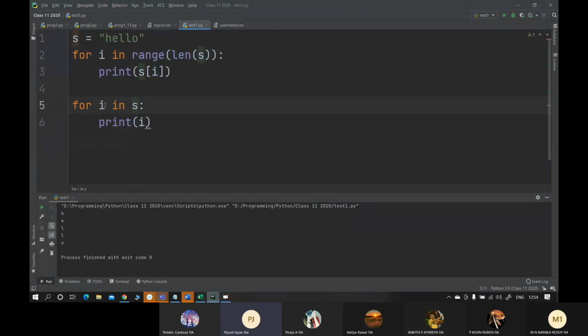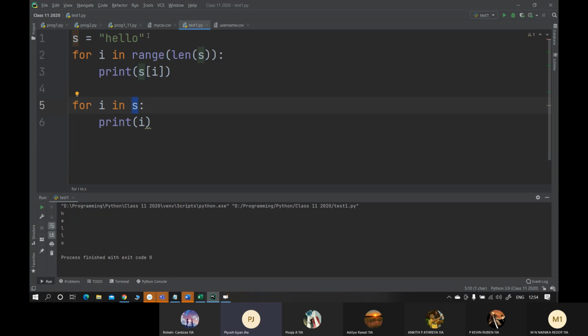Here directly it will give you one character. So all those objects which allow you to be used directly inside the loop without using range, directly the identifier name, are known as iterable objects.